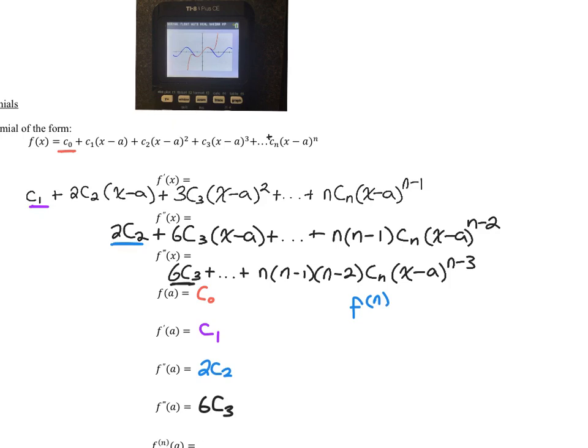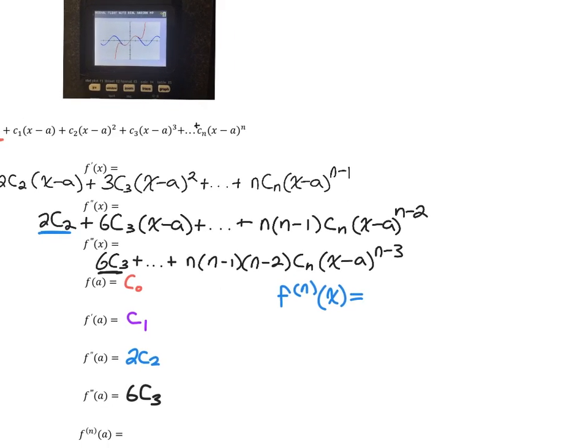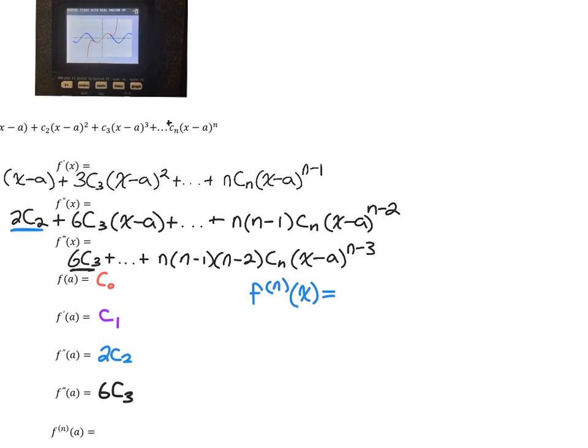If I were to look for the nth derivative of x, we would keep going many, many more times, right? The next one would be n times n minus 1 times n minus 2 times n minus 3 c sub n x minus a to the n minus 4, and then subsequently n minus 5, n minus 6, n minus 7, and so on. So what we'd be looking at is a set of coefficients